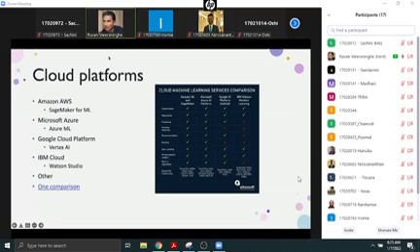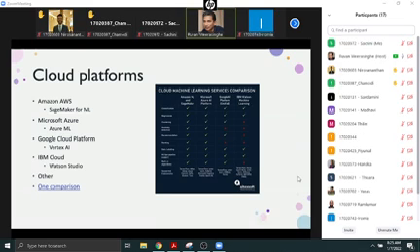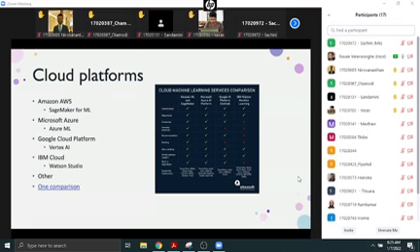Can you raise your hands if you have used a Jupyter notebook, IPython notebook? Can you raise your hand? Okay, so maybe half the class has used IPython notebooks.